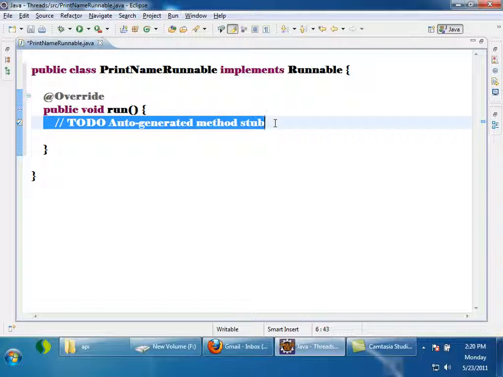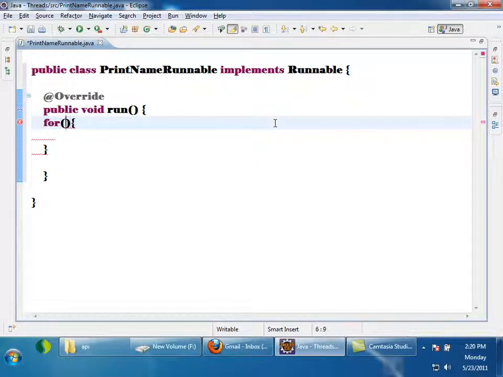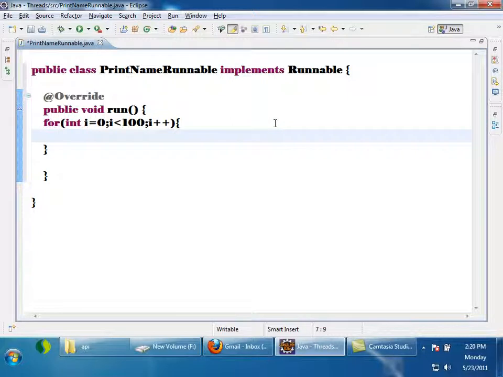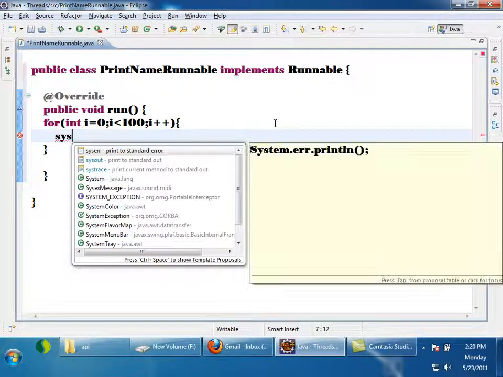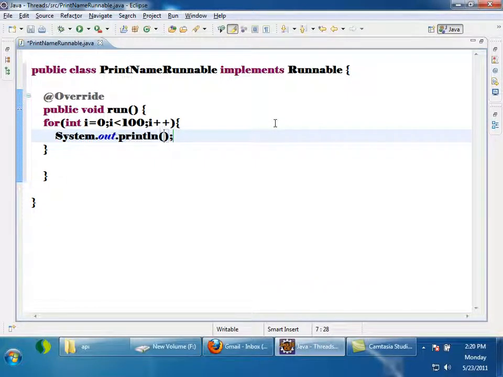So here I am writing a for loop: for int i equals 0, i less than 100, i plus plus, System.out.println, something. I am just printing "A" plus i.